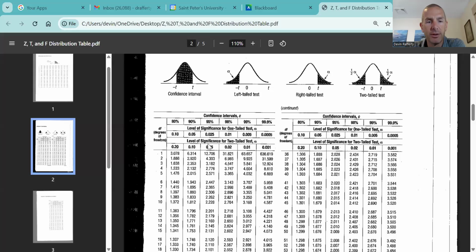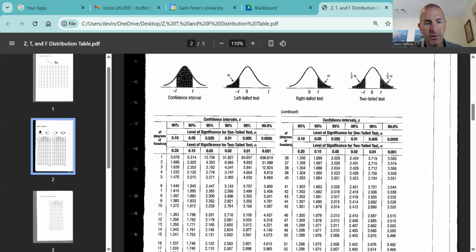Okay. So I have a confidence interval, level of significance 1-tailed, level of significance for a 2-tailed test, right? 2-tailed test, 0.05, 10 degrees of freedom. 1, 2, 3, 4, 5, 6, 7, 8, 9, 10, right? 10 degrees of freedom. 2-tailed test, 0.05, right? 10 degrees of freedom, 2.228, right? 2-tailed test, 0.05, 10 degrees of freedom, that's 2.228,